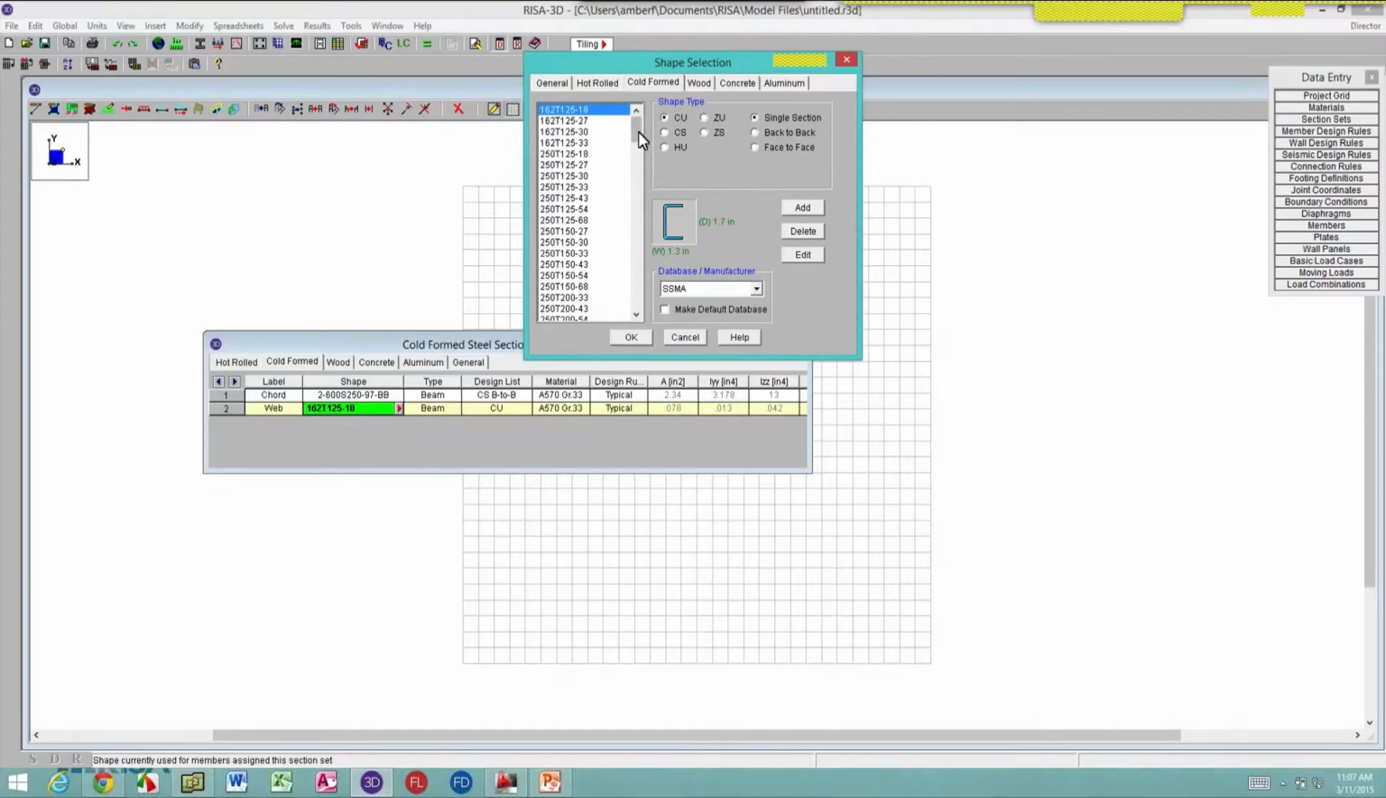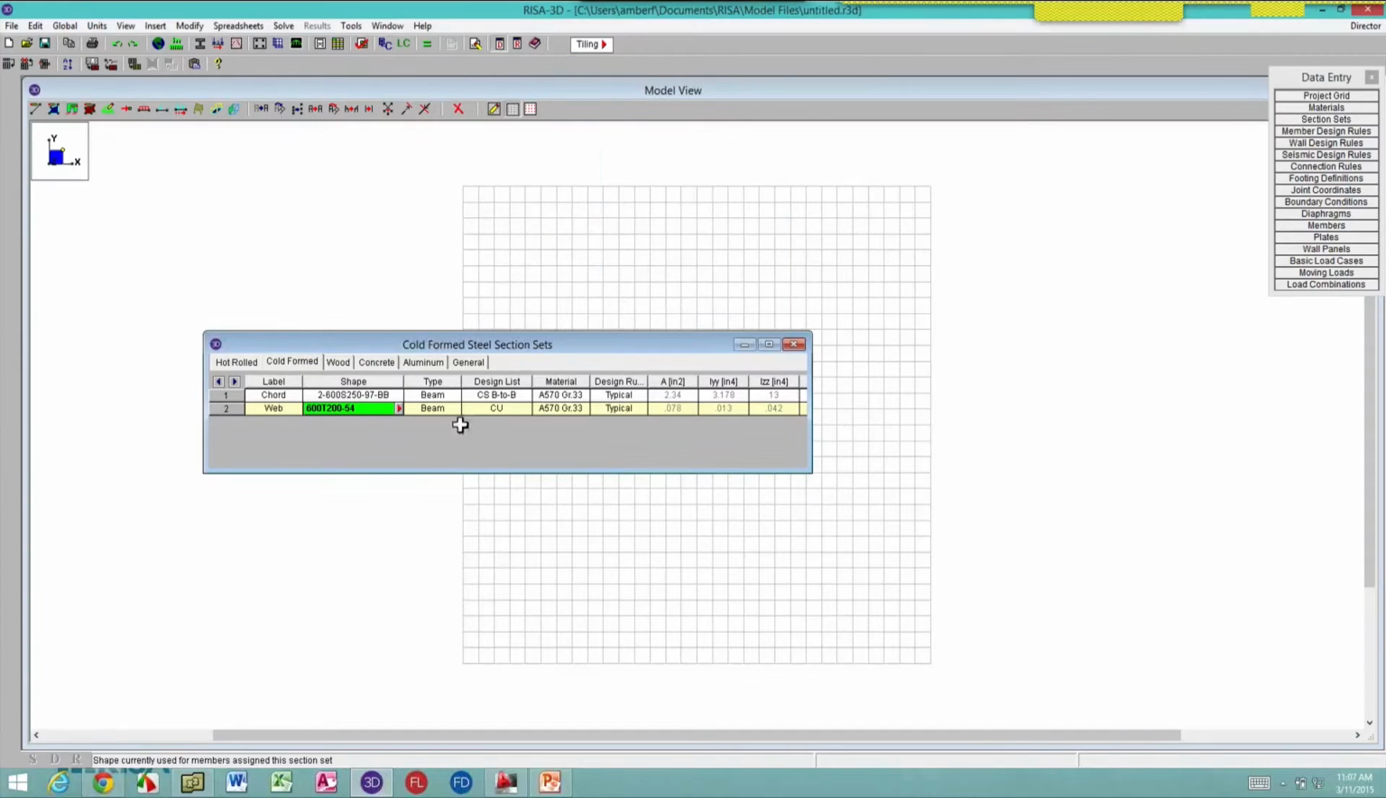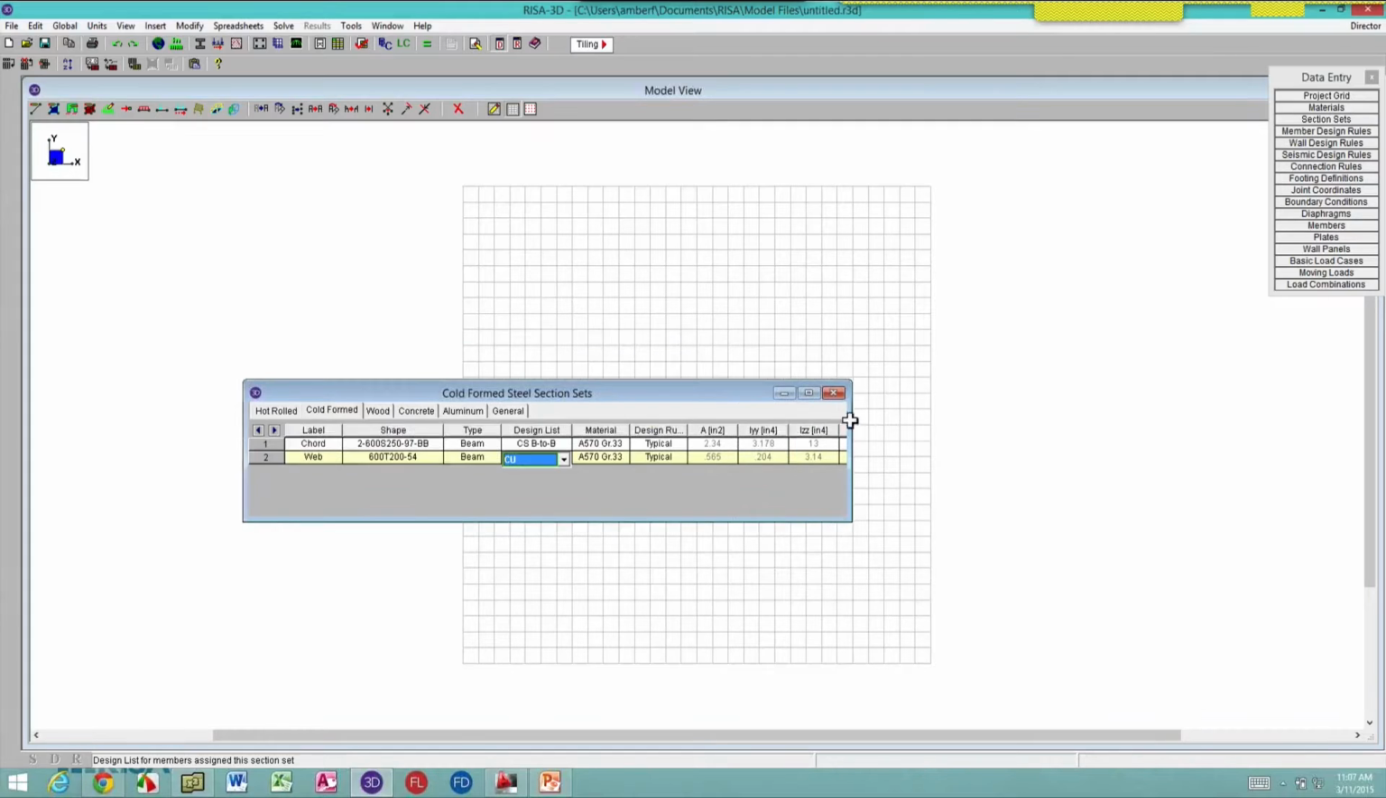So I'm still going to stick with a 6-inch section, but I'm going to do a CU, basically without the lips there. Again, I'm going to do a 6-inch section, but it's going to be a single section from the SSMA. And for my redesign list, I also want to choose a single section CU because that's what the original section that I chose. Once you set up your section sets, then you can actually go ahead and draw in your